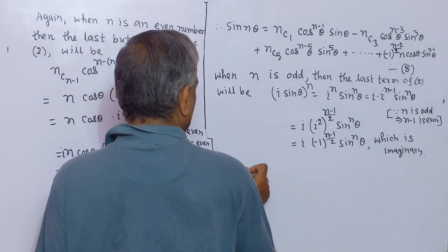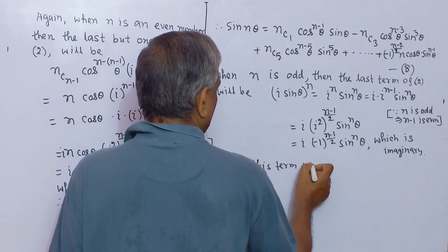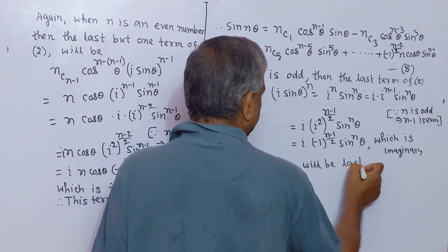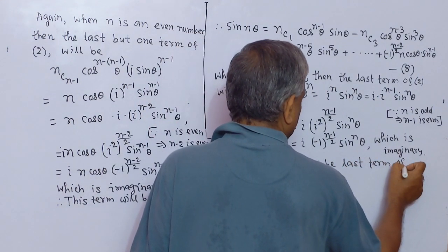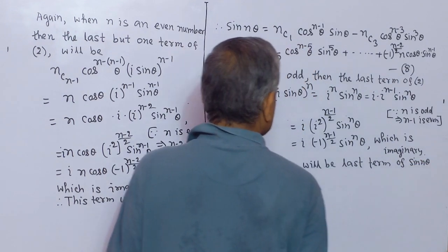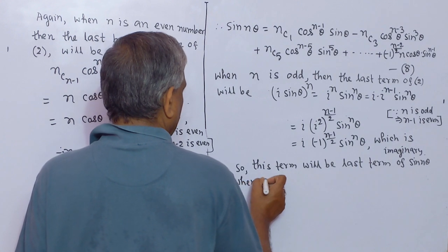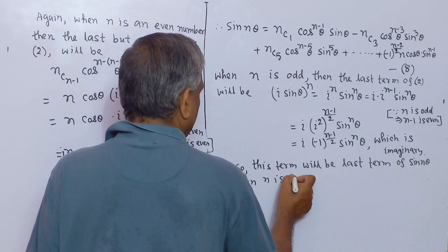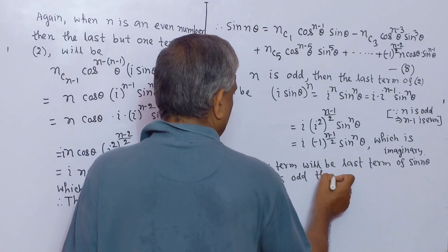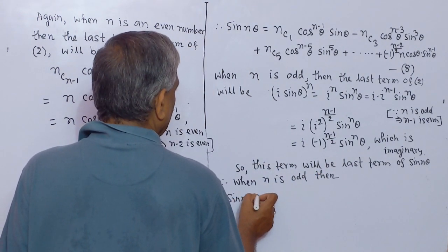So this term will be the last term of sin n theta. Therefore, when n is odd, then sin n theta is equal to